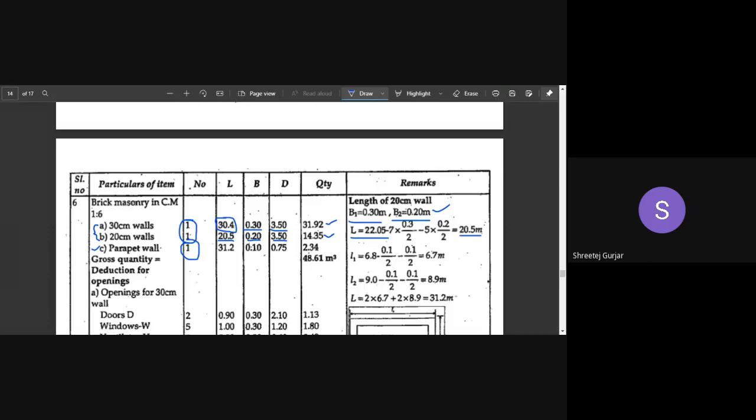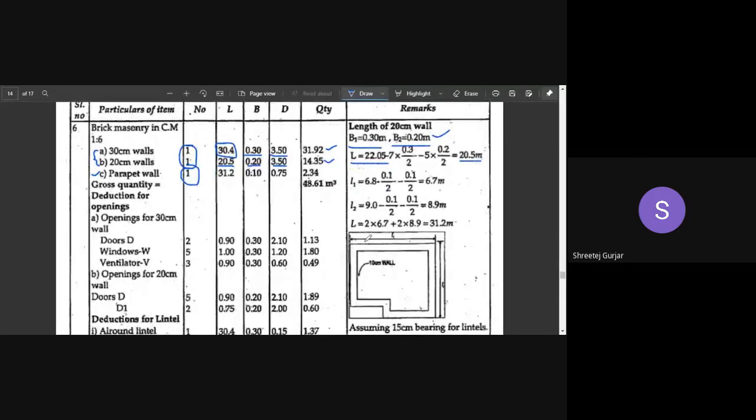So coming to this thing, 31.2, how we have arrived at 30.12. So you can see this is your outside wall, parapet wall, that is 30 centimeter wall, that is sorry, 10 centimeter wall, right, 0.1 meter. So you can see this is your parapet wall, and only it is provided circumferentially, right? It is provided at the periphery, and not internally, not at your inside, right? So it is provided above your roof, and it is provided at your periphery.